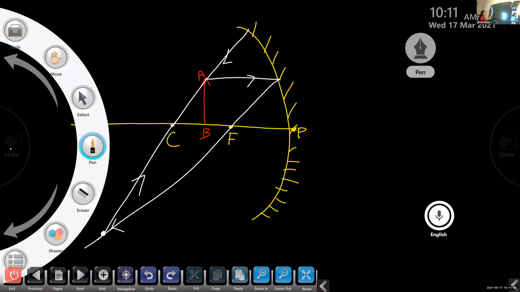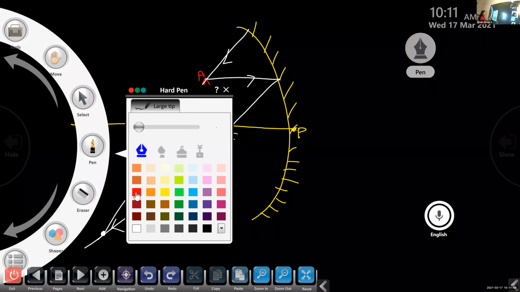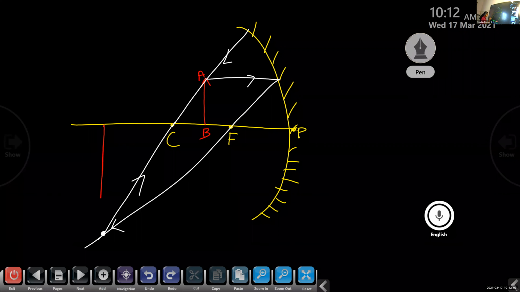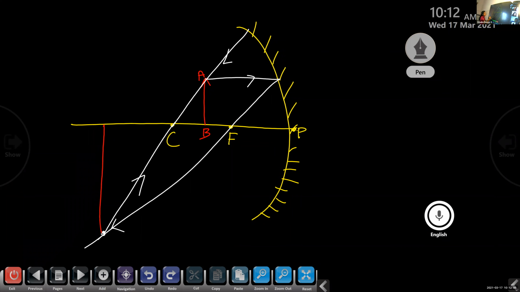These two rays of light coincide beyond C. So we get the image here. You just look where these two lines coincide. At that point, we get the image. Since it is real and inverted, we can write BA, and it is enlarged in nature. Is it clear now? Yes, ma'am. All right.